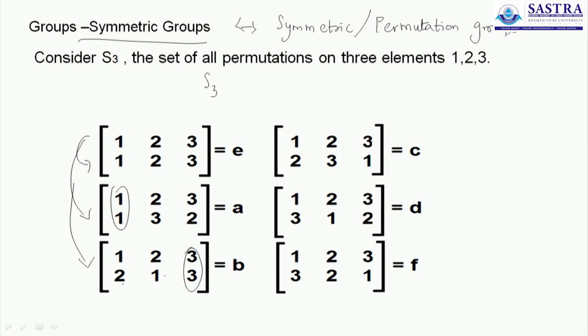And no element is left as it is. 1, 2, 3 becomes 2, 3, 1. 1, 2, 3 becomes 3, 1, 2. 1, 2, 3 becomes 3, 2, 1. The second element is unchanged. The first and the last are swapped.